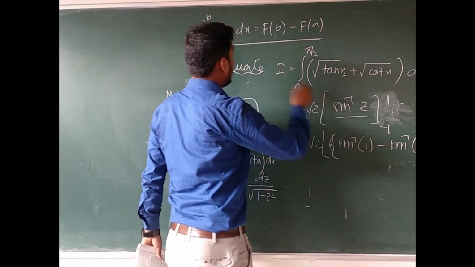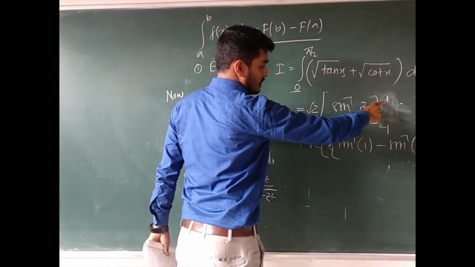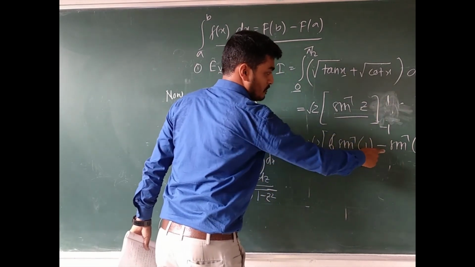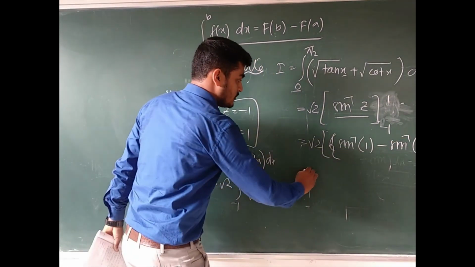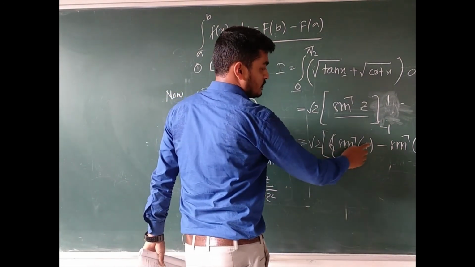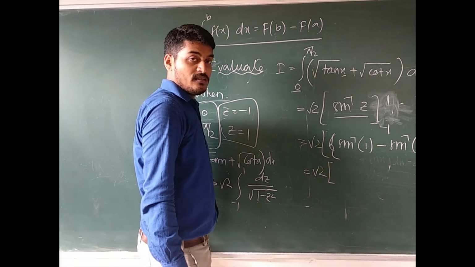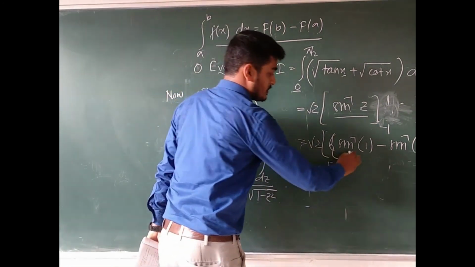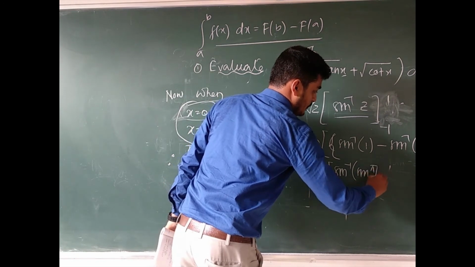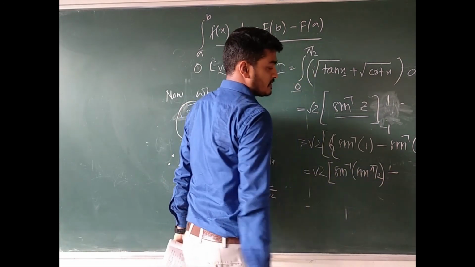This one is capital F of x, then this one is b, and this one is F of b minus F of a. First I put the upper limit, minus then the lower limit. So root 2, so sin inverse 1 means what? sin of how many degrees is 1? sin 90 degrees is 1. So the answer is, you can easily write down sin inverse of sin 90, pi by 2, minus it will be plus